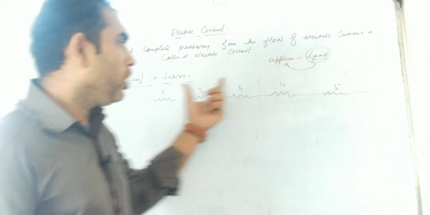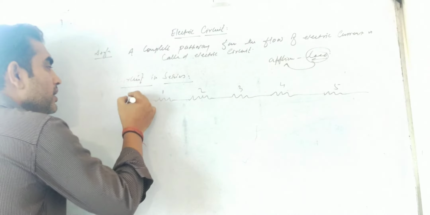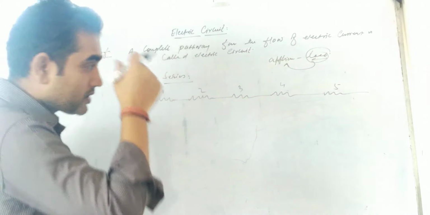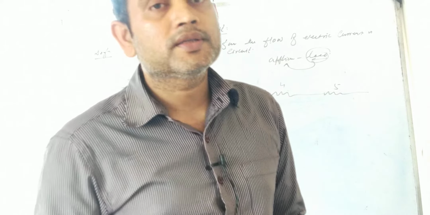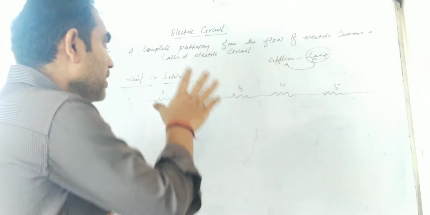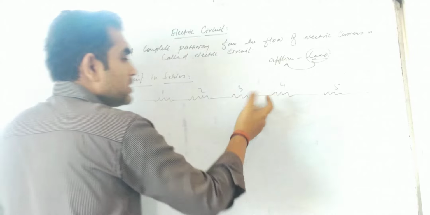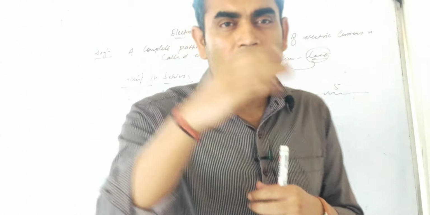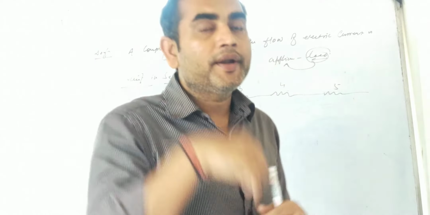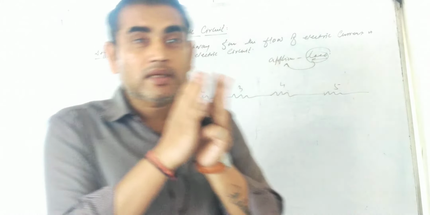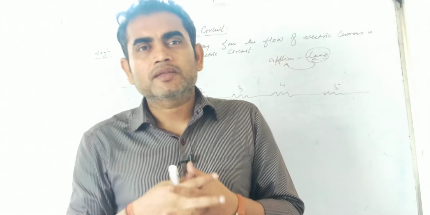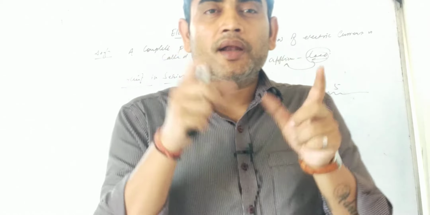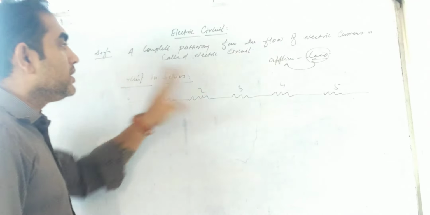So whenever all the appliances are connected in a single circuit between the same terminals, that circuit is said to be the circuit in series. Understood? That means for a large number of appliances we do not have a separate circuit for each appliance. We have connected all the appliances in a single circuit. So whenever a large number of appliances, or 2 or more appliances, are connected in a single circuit, that is said to be the circuit in series.